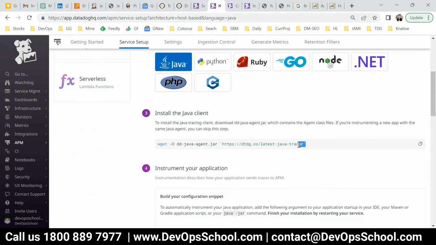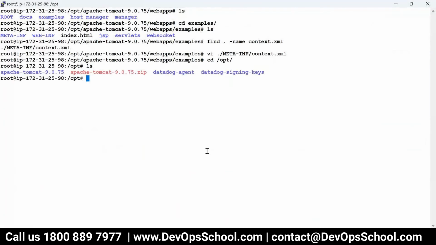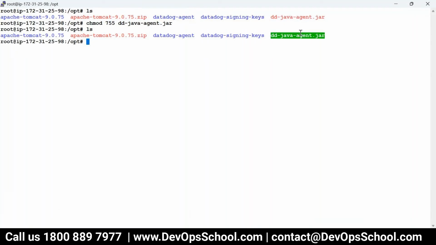Here it is. So what I typically do, go to the OPT directory and download in that directory. Okay, here it is. And I'll give the permissions chmod 745. Done. So the location is OPT and this one. So this is the APM agent. How do you add it in